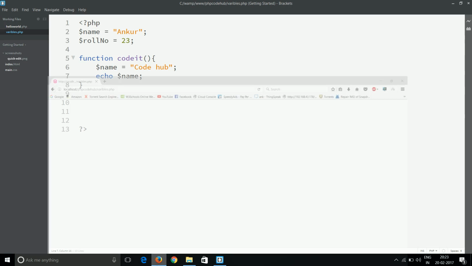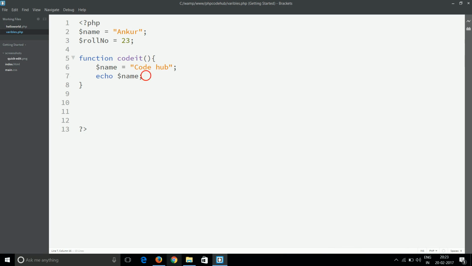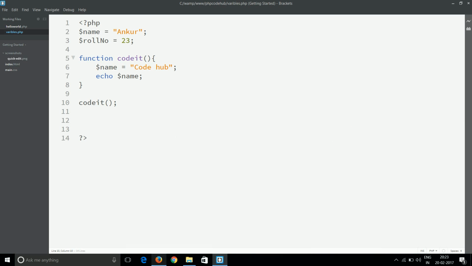No output. Sorry, we have to call the function. Sorry for my mistake. So if we call the function, we can see the code hub. So inside it will always use the local variable.